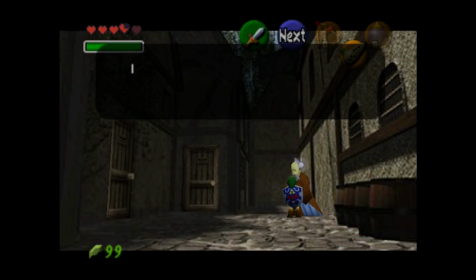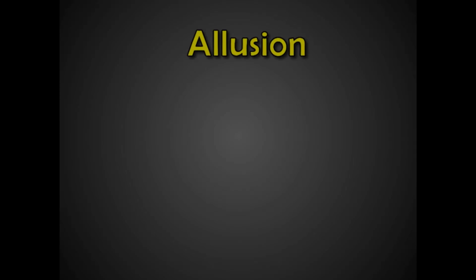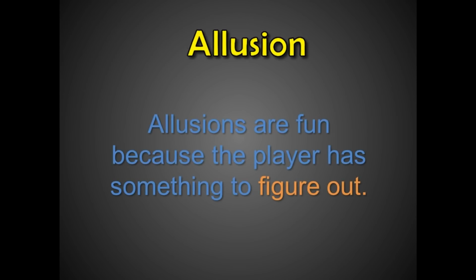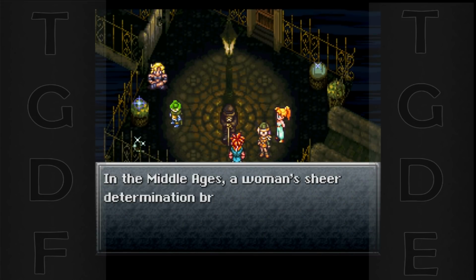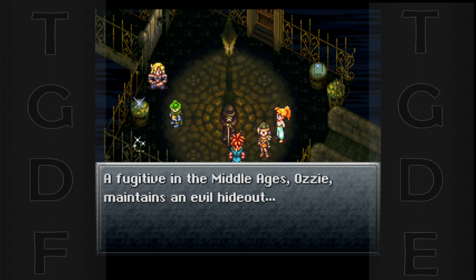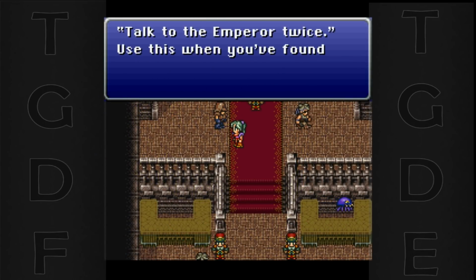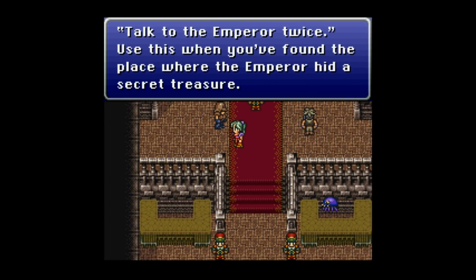Likewise, this NPC in the back alleys of Hyrule Market tells the player that there's a fairy fountain somewhere on the path to Hyrule Castle, but he doesn't pinpoint where it is or how to access it. You can think of allusions as a great way to give the player instructions while still giving them a way to feel proud of themselves for doing a little extra detective work. Some players are totally fine with using walkthroughs, and doing so doesn't take the fun out of the game for them. But for everyone else, allusions are a great way to ensure that the player can earn their secrets with a little bit of in-universe help.